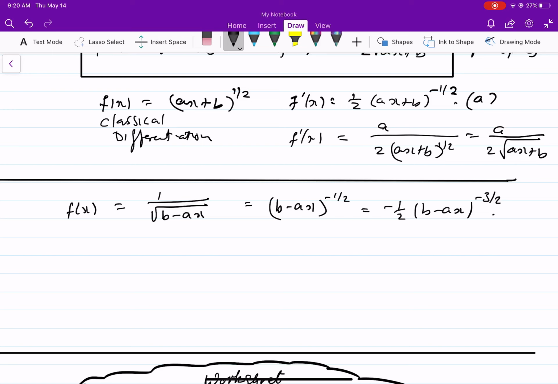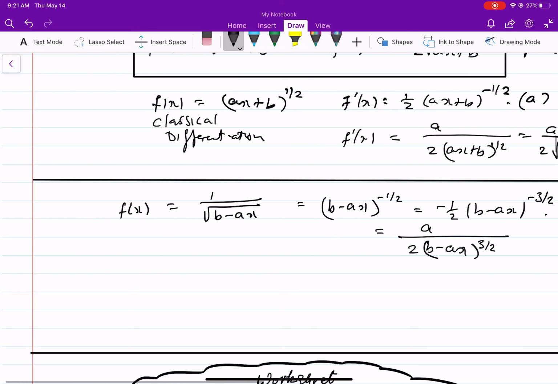And then differentiate inside and you get minus a, right? Which will give me minus a plus. So a stays on top, 2 is already at the bottom, and if I throw down the b minus ax to the minus 3 halves, it becomes b minus ax to the positive 3 halves,